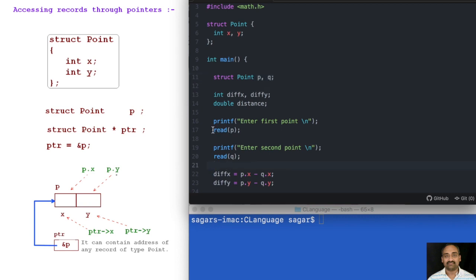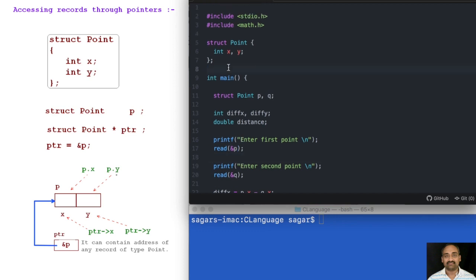When we call the read function, we should be capable of reading the x and y inside p. In order to do that, we need to call this function by reference, because we are looking to modify p and q inside the read function. So we are trying to assign the values to p and then to q. Now in order to do this, we need the address, the reference operator.